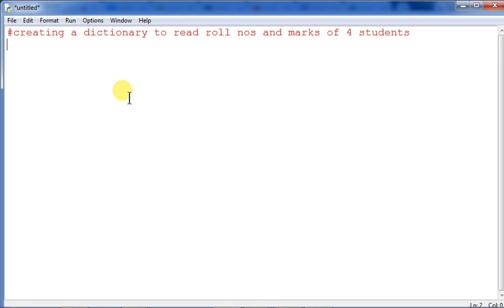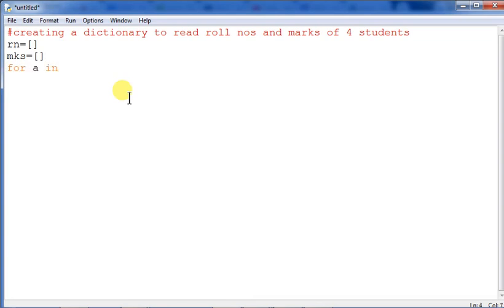All right, so I'm taking two lists over here, two which are empty in nature. So RN equals to this, which is actually the declaration of an empty list. Afterwards we will associate this one in the dictionary. Okay, MKS. Now what?